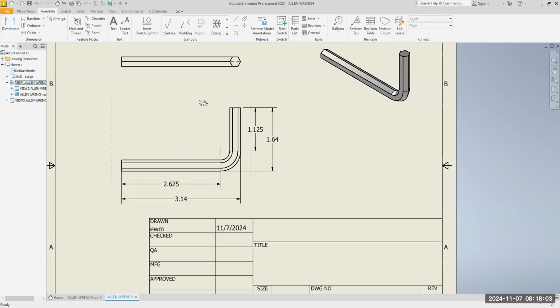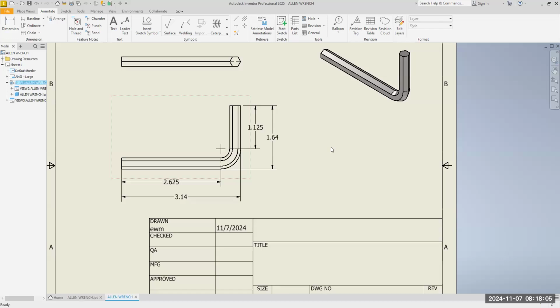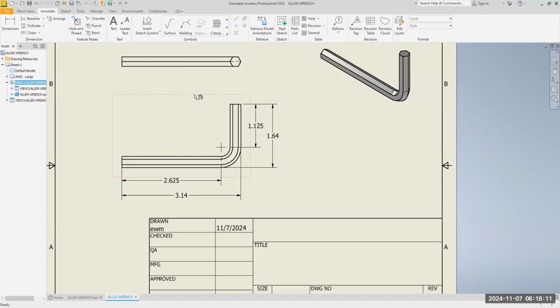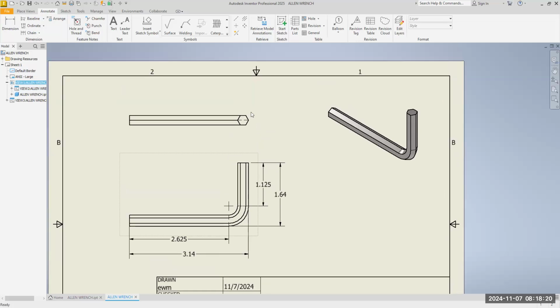Okay, like I said, Mr. Morris was making up some numbers for the most part earlier. You can find the actual numbers or dimensions of an Allen wrench and make one exactly like you see from a spec sheet or a cut sheet. Now I'm going to come up here to the